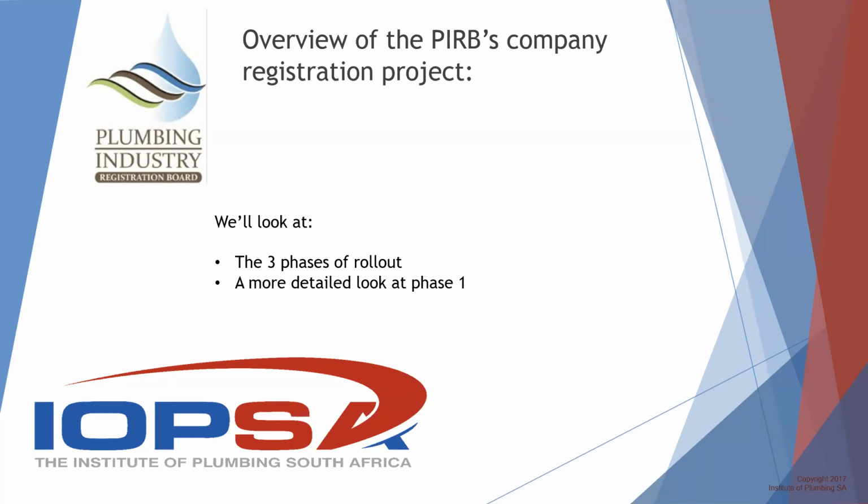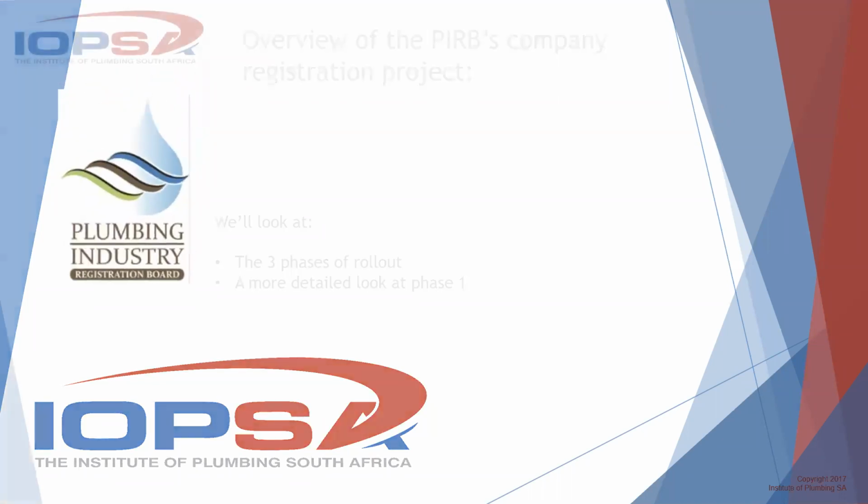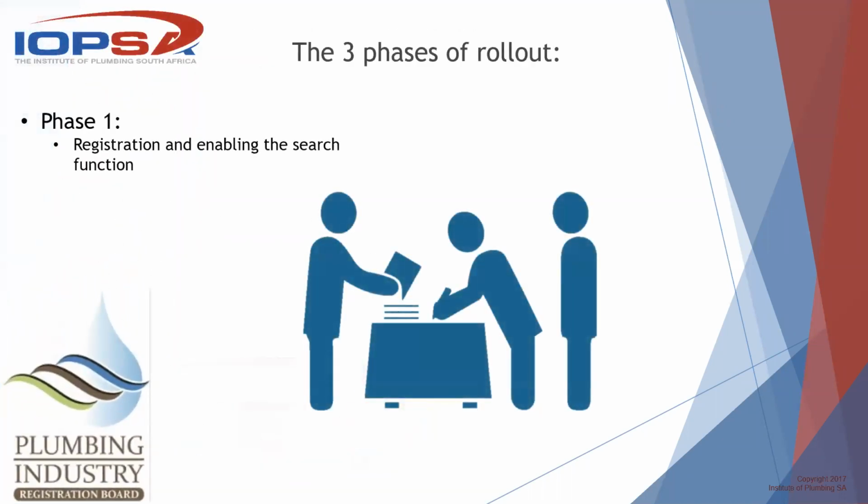So the first phase is imminent. It's going to happen, it's happening already. And then we'll look at the other 2 as well, but we'll just touch on them and see what they do. We will look in more detail at phase 1. So the first phase, which we'll expand on a little bit later, is